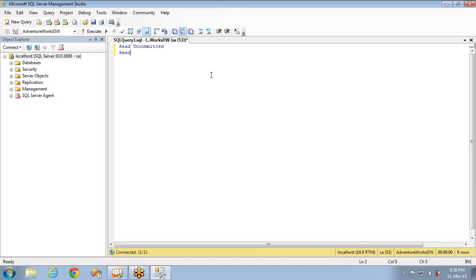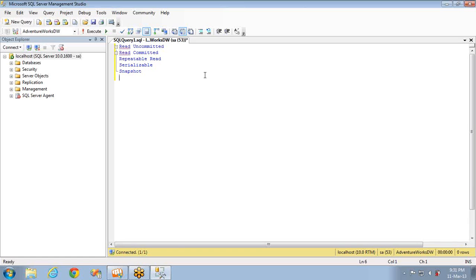Next one is read committed, and the third one is repeatable read, and the fourth one is, I don't know the spelling of this, serializable. Yeah, I spelled it correctly. Serializable, and finally snapshot. So these are the 5 different types of isolation levels that are available in SQL Server.